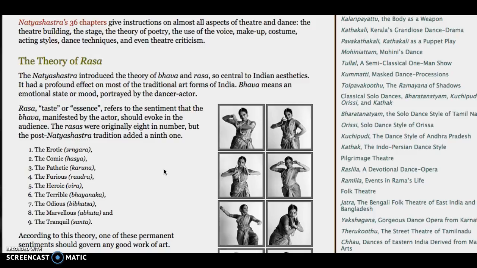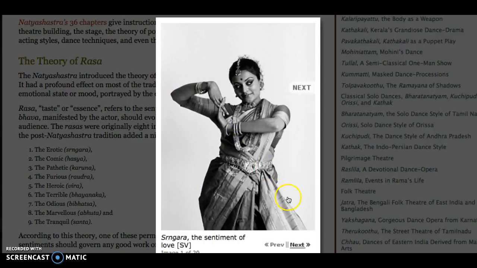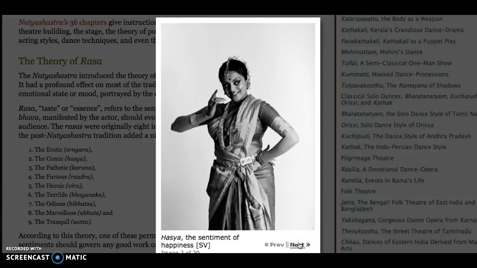The rasa is not an emotion that is being felt by the character. It is a pose which is designed to evoke that emotion specifically in the audience. It is a stylized form, and let's take a look at some of those poses. Here we have a sentiment of love. There are eight. The sentiment of happiness,